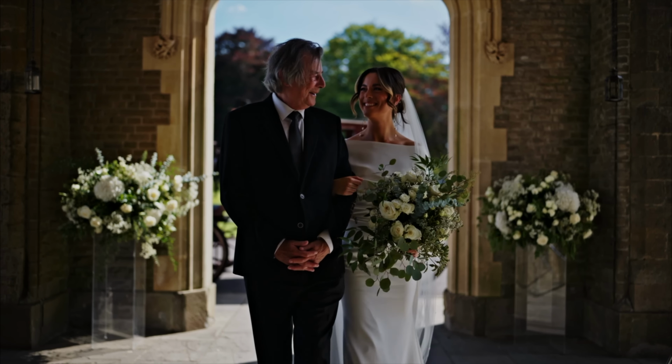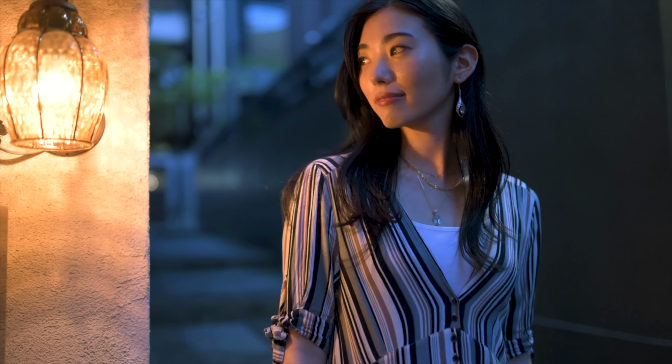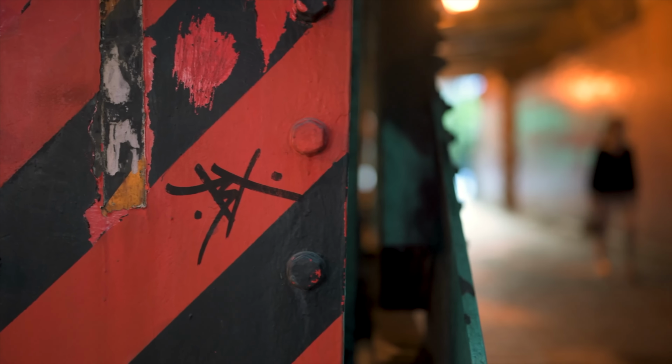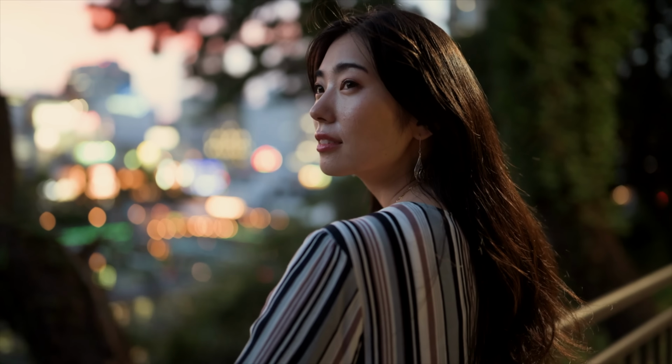Having an f1.2 aperture lets a little more light in for better low light performance, but it also blurs the background more. So if you're looking for a little more background separation in your street photography or events,